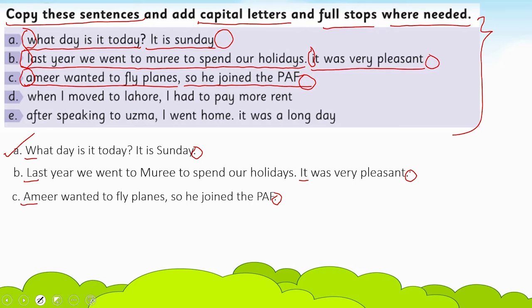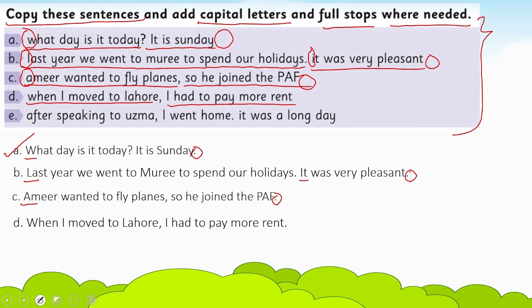The next one is, "when I moved to Lahore, I had to pay more rent." Here again, you are clearly seeing that W is not capitalized, and in the correct sentence, W is capitalized. Again, there is no full stop here, and here the full stop is mentioned. Yet again, the L of Lahore is small here, and the L should be capitalized because Lahore is a proper